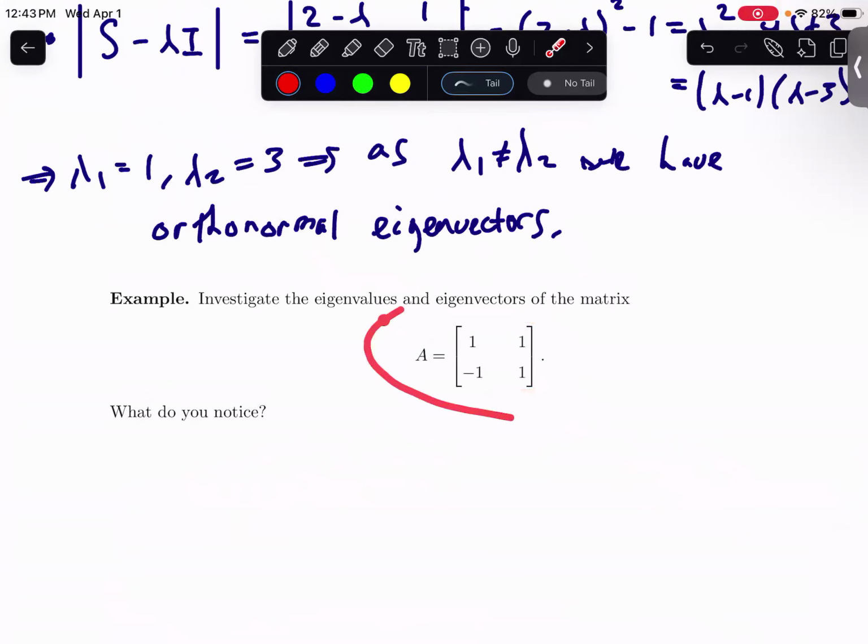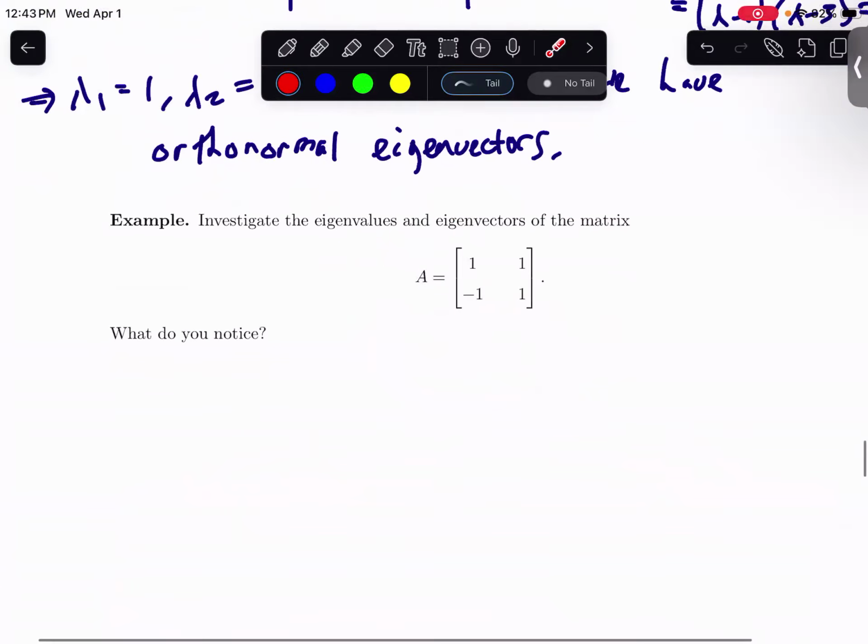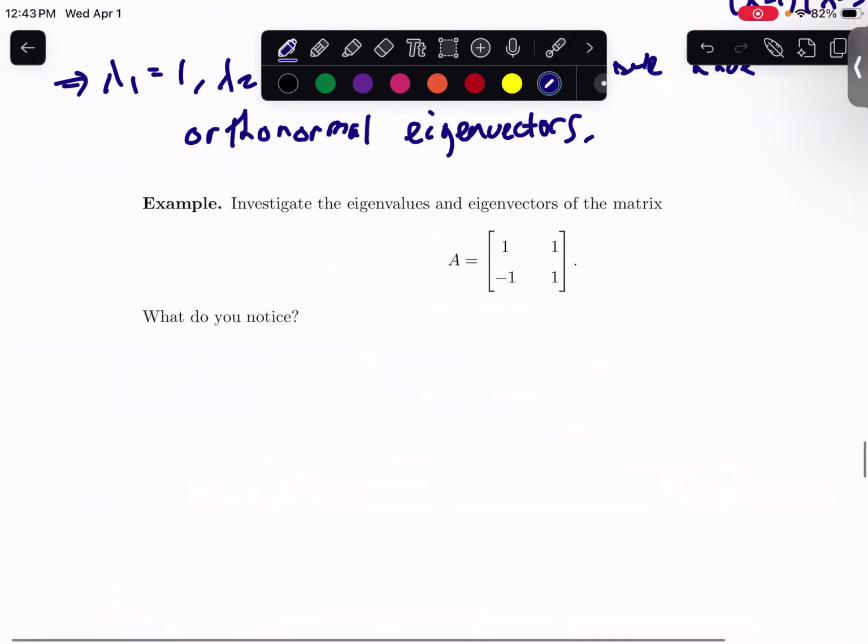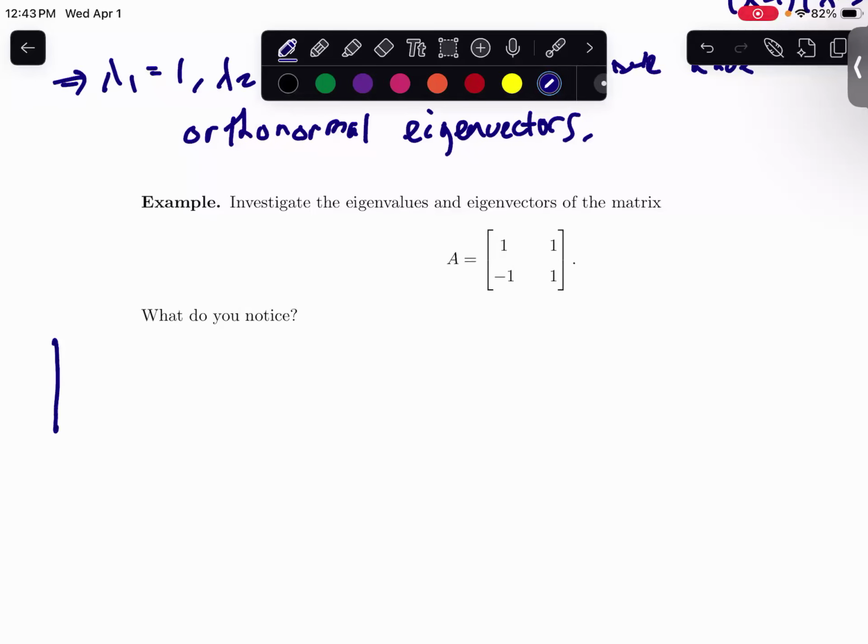But if you find the eigenvalues and eigenvectors, what you're going to find is that they have complex values, which makes things a little bit more difficult. But I do also want to observe other qualities that this has. So for this one, it wants you to investigate the eigenvalues and eigenvectors. And I kind of spoiled it in saying that you're going to end up having complex values. But there's a certain relation that also exists between the eigenvalues and eigenvectors that we want to find. So if I wanted to find the eigenvalues and eigenvectors here,